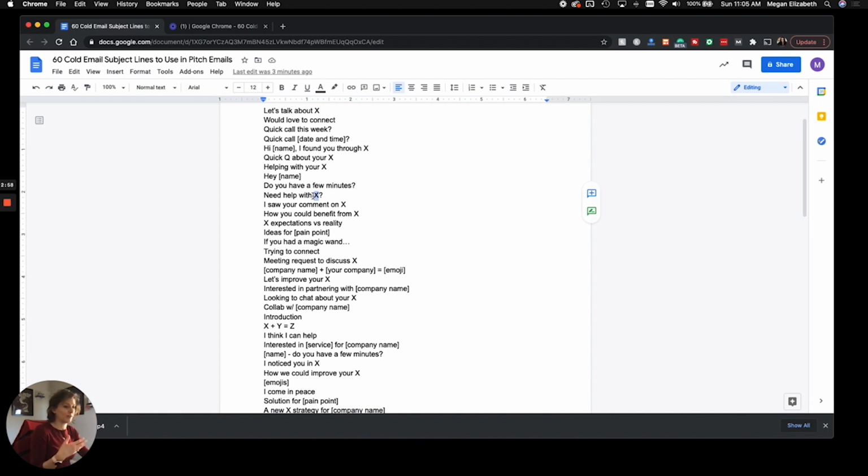Because one of the reasons that cold emailing is difficult is because people are receiving cold emails all the time, and a lot of professionals are not taking the time to personalize them and make sure that they're tailored for the lead. And people know that. And they don't want to be treated like just another lead. They don't want to be treated like a number. They want to be treated like a human being. So talk to them like they're a human being, and it will pay off. All right, so that should clear up any of those cold email subject lines that aren't totally obvious.